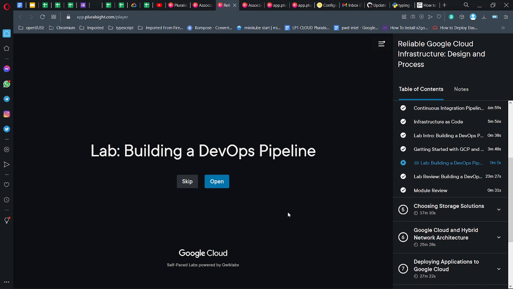In the cloud track. Today we'll be looking at the Quick Labs lab. You can find this lab in the module Reliable Google Cloud Infrastructure Design and Process. In this lab, which is titled Building a DevOps Pipeline,